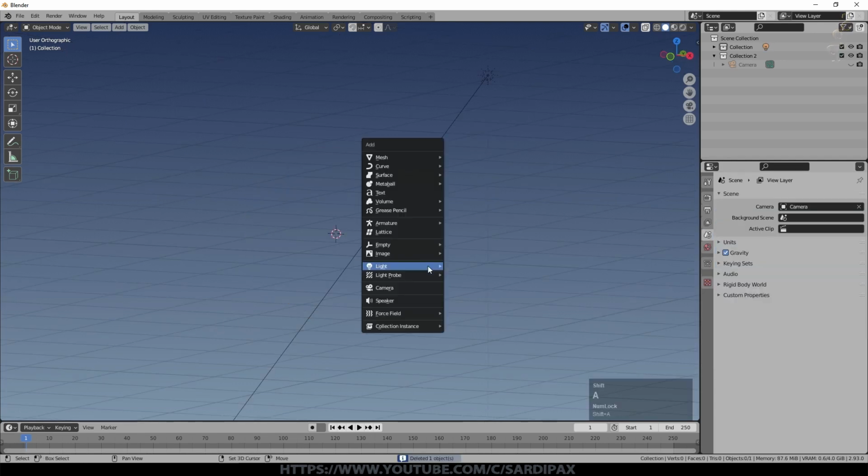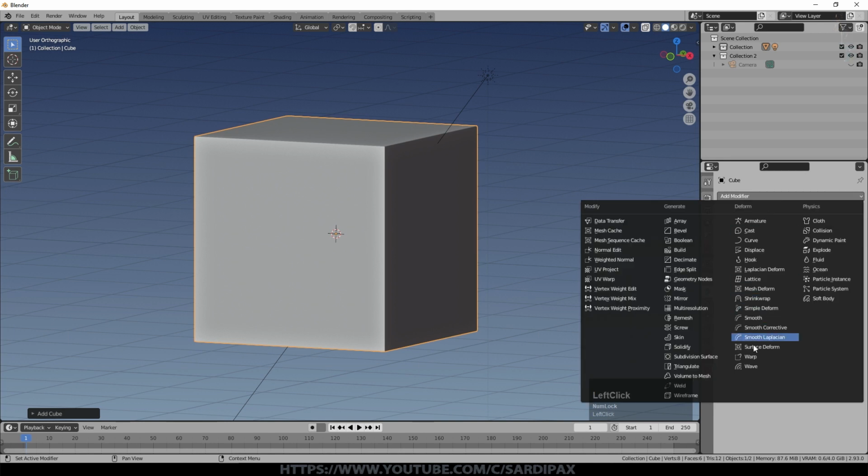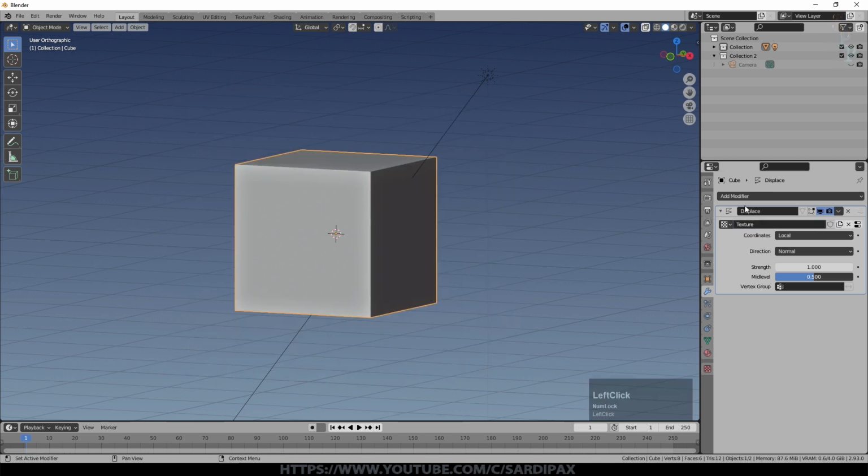I'm going to remove that object and just put a new cube back. And I'm going to add another modifier, but this isn't really about that modifier. This is just going to help me explain something. And it's going to be the displace modifier. So this basically takes an input, which is a texture, and changes the shape of the position of the vertices on an object based on that texture. So we can use an image, but I'm just going to use a procedural texture.